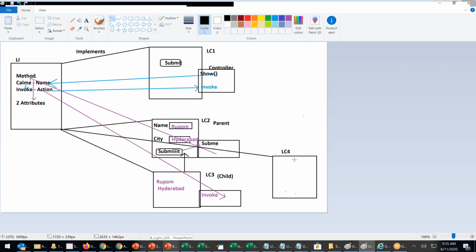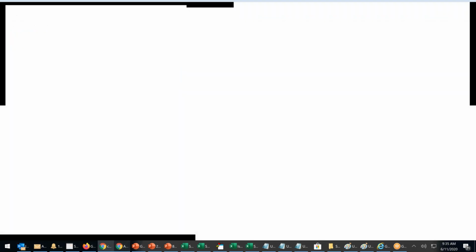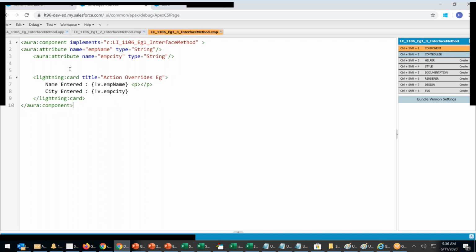I want you to do this. See, copy paste. Actually, I was writing the same thing, but in a different way. It doesn't make a difference, even if you copy paste, there is no difference in the output. Nowhere can you see a method, neither in the component nor in the parent. Parent is 2, child is 3. In the child, the blank space is where your method was. Now that method has been called using this.